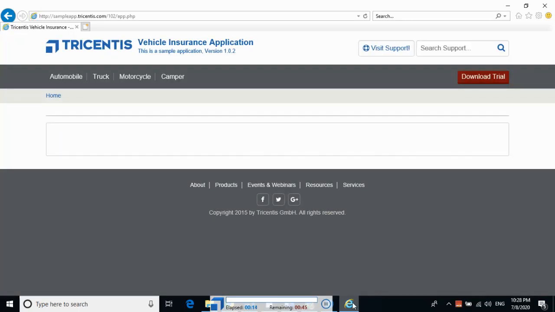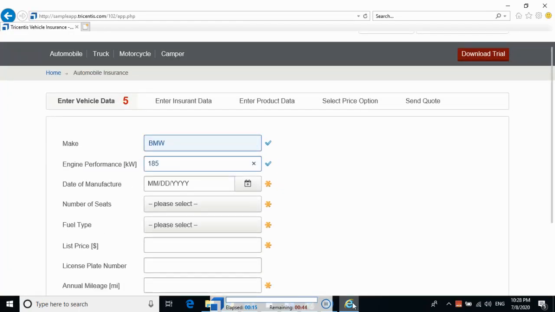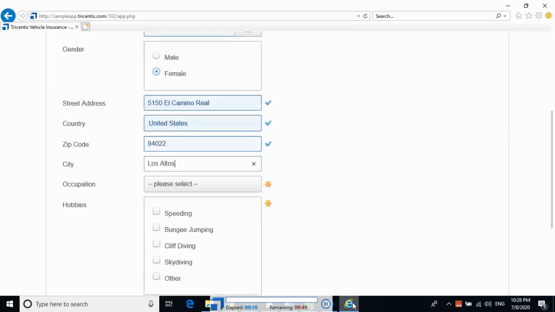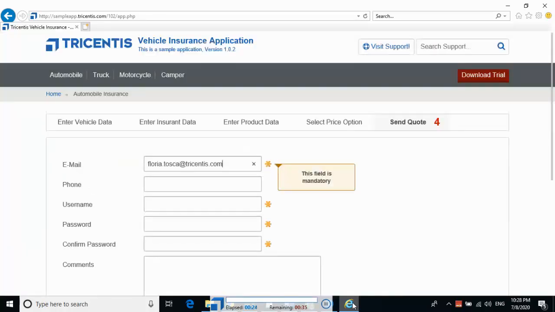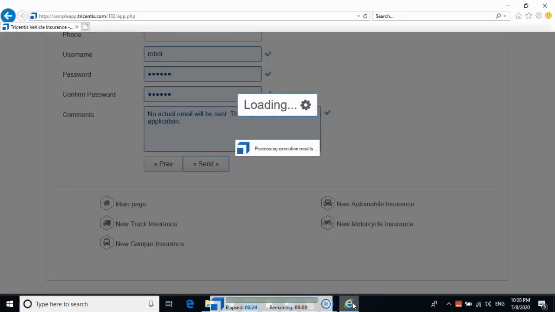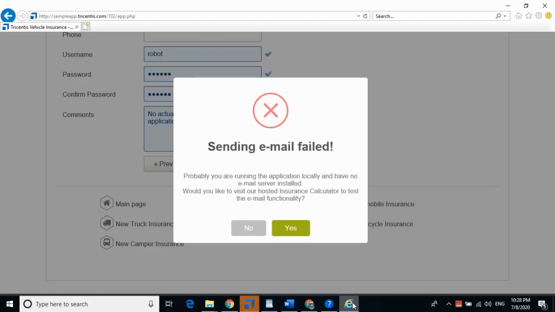And now you can see it is filling the form, entering vehicle data. You can see enter product data and send code. All these executions have been done. It is so fast.